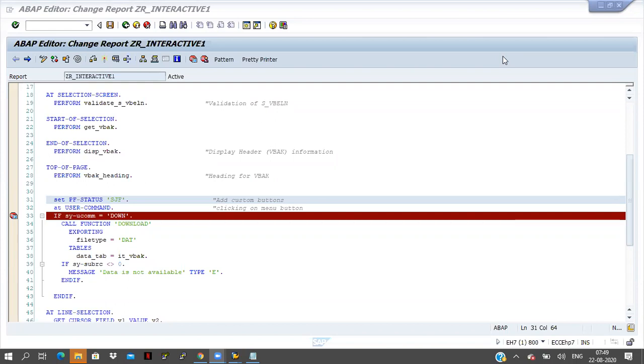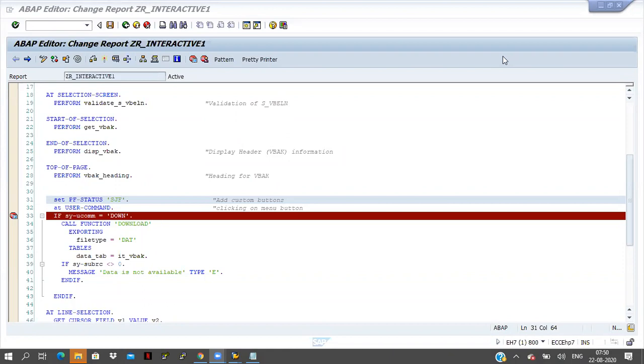What is the use of AT SELECTION-SCREEN and AT SELECTION-SCREEN ON? AT SELECTION-SCREEN is used for multiple input values validation. AT SELECTION-SCREEN ON is used for particular field validation.